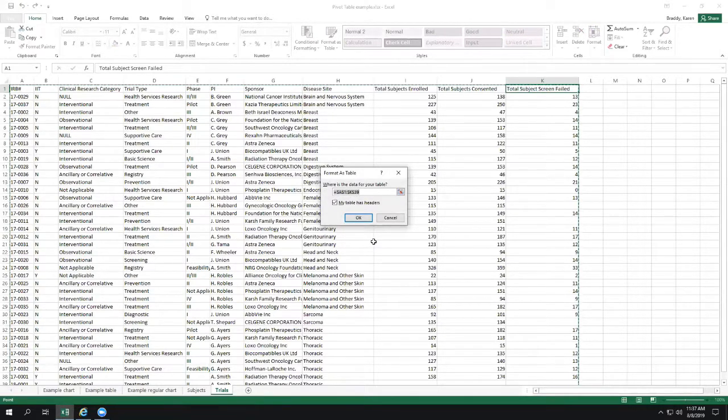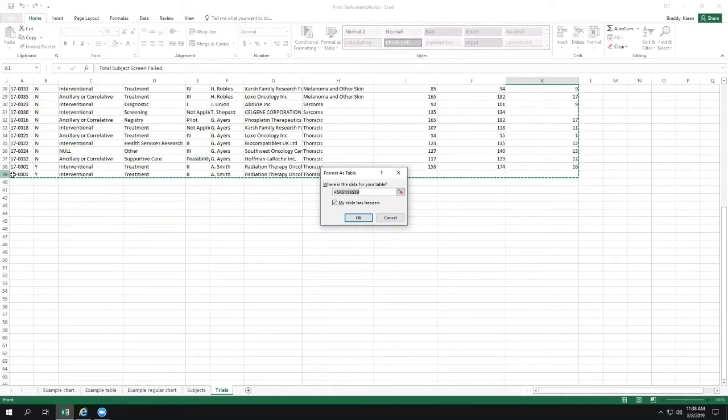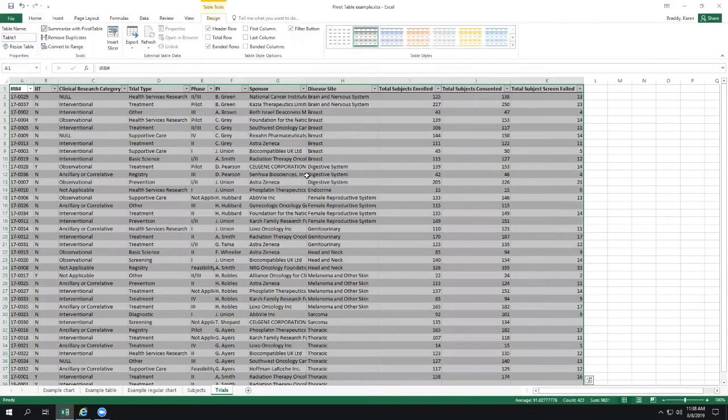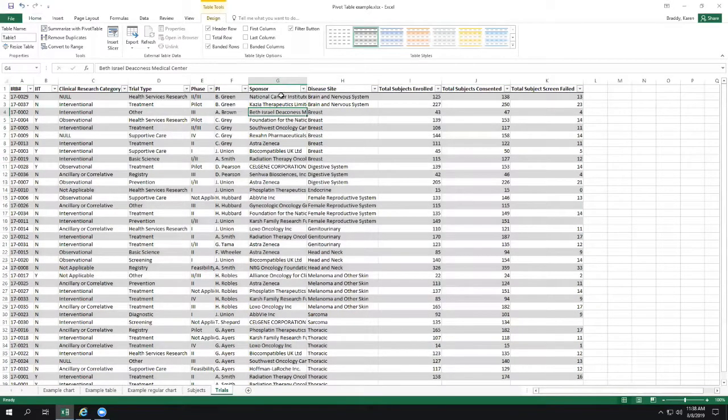It's going to pop up and say, did I grab your table correctly? It's going down to basically row 39, which might be hard to see here, but it's saying where it thinks the table is. If I scroll down, I can see that, yep, it's grabbing the whole table because it's got those dancing ants around the whole thing. That's perfect. If it didn't, I could wipe this out and select my entire table, but it usually is smart enough to grab it. And then the box is ticked saying that your table has headers, which I mentioned you need to do. So you simply say okay at that point, and it gives it that gray and white stripes,